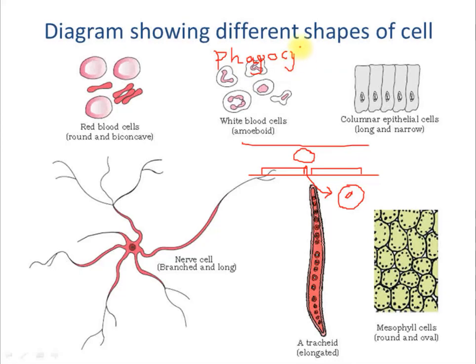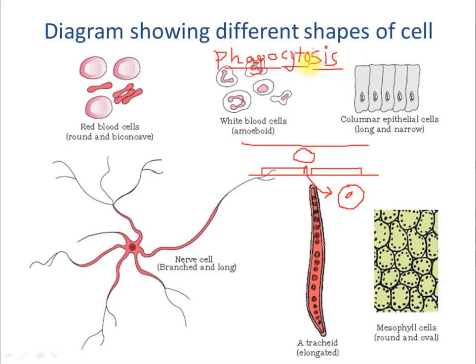C-Y-T-O. Cyto, you have just learned a few minutes ago in cytology, refers to cell. And sys, right? Sys means process. So now this difficult spelling becomes very easy because you understand the meaning. Sys refers to process, cyto refers to cell, and phago refers to eat. A process of eating a cell is referred to as phagocytosis, which is an important type of movement of